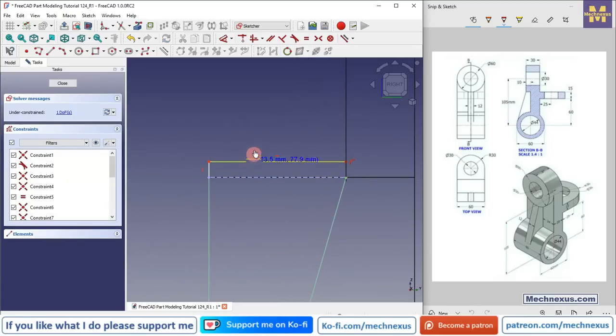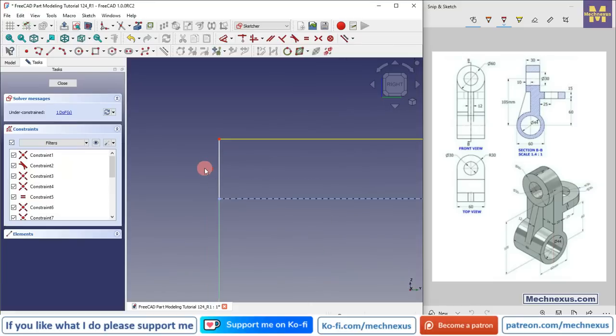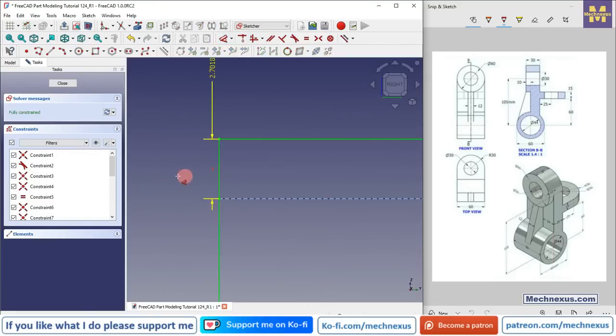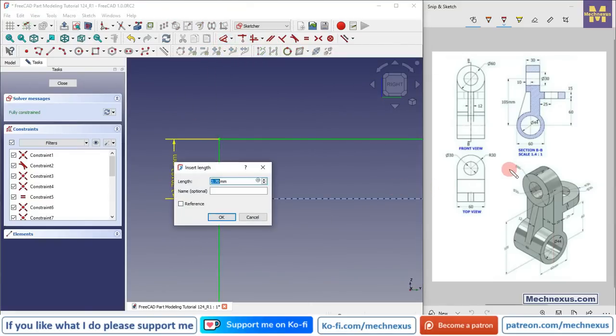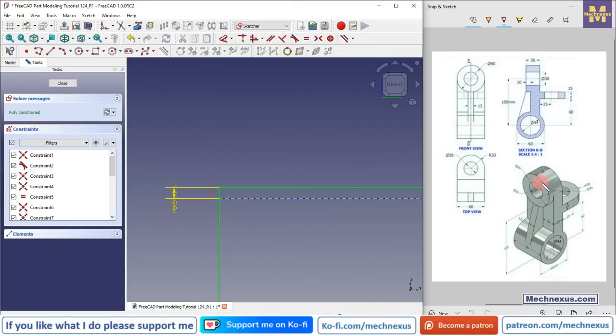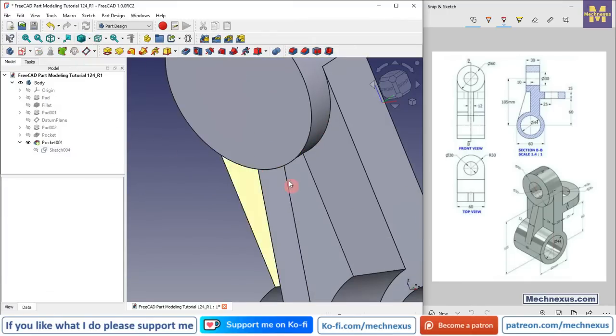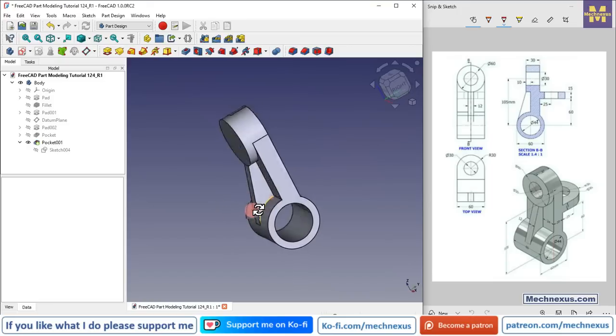And now we will provide this very approximate value, let's say 0.5 mm, and now we will close it, and from here we will switch to the flat lines. So now you can see that material has been completely removed,